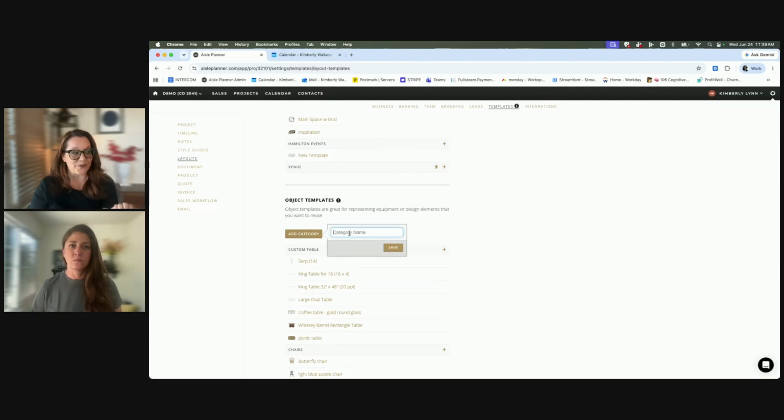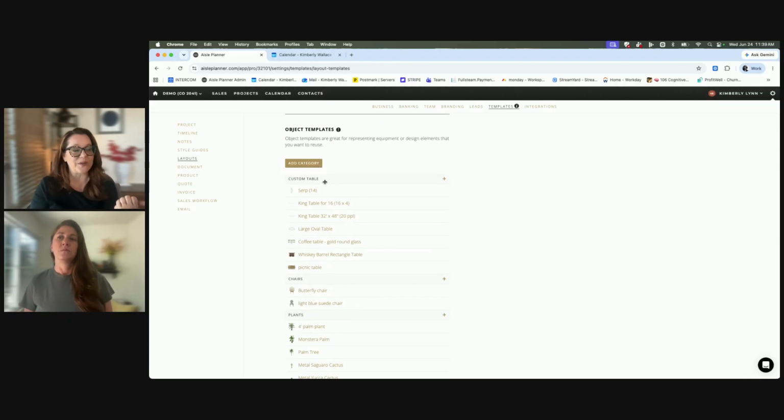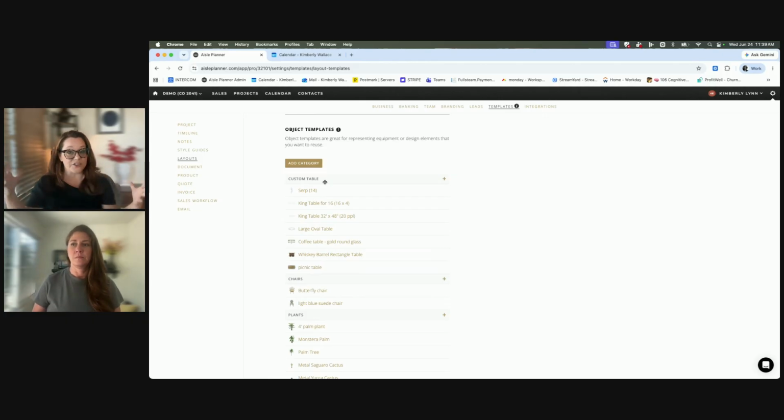You're adding a category, so this is really just the file name. Here, I've got some examples to show you. Custom tables. Aisle Planner has a very large inventory of rounds, rectangles, and serpentines, but you might need different sizes than what we have. So you can come in here and create your own custom tables, especially for those tables